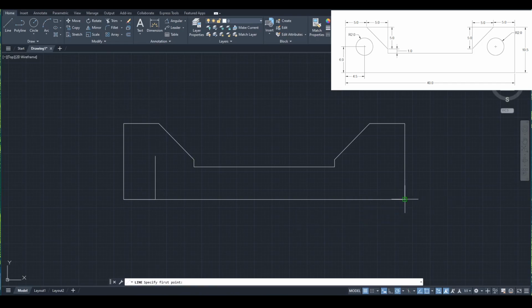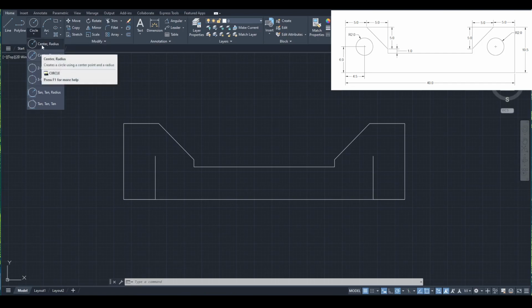I'm going to need another line from here, goes this direction, 4.5, and goes up 6. Escape. The radius of the circles is going to be 2, so I need a circle that has a center